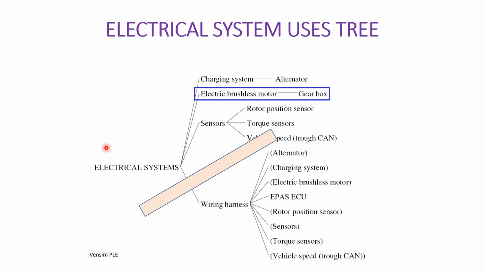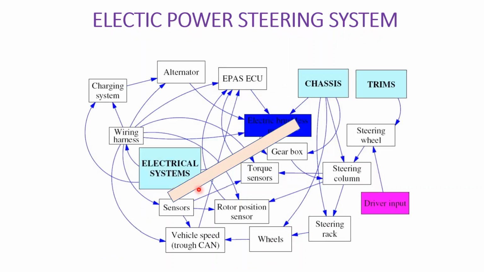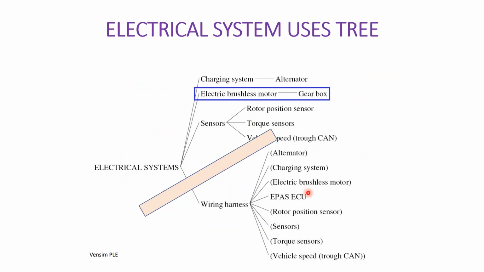You try to create one system of your choice, and when you give the electrical system like this in the software, you will get the users tree like this. You will get this automatically, but you need to see how you are going to get it. In order to get this, you need to give this as an input. You need to have the proper analysis of this, then you will get the proper output like this. This is basically a kind of quality analysis that you would have studied in your quality management.